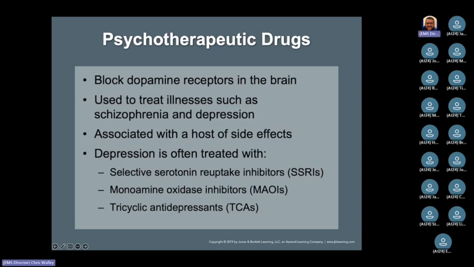Your psychotherapeutic drugs, they work by blocking your dopamine receptors in the brain. They are used to treat illnesses like schizophrenia and depression. They are associated with a host of side effects, and we do mean a lot. Like involuntary movements, those tremors, the rigidity. We talk about muscle contractions, that constant restlessness, the shaking of the leg, the getting up, moving around, sitting down. You can see some changes in their breathing and their heart rate that can affect them into a medical situation, or it can be